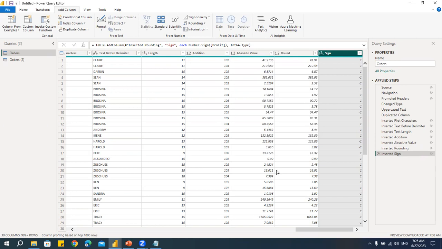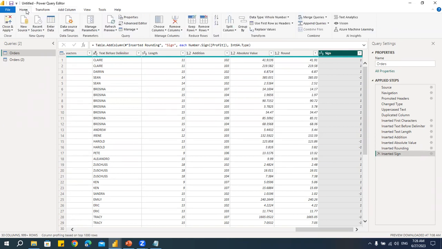Whatever modifications we are doing like this, we can close this. If I say close and apply, this will take me to Power BI Desktop, where we can use these columns and work. Okay. All right. So this is for modifying the text columns and the number columns. Now let's go to